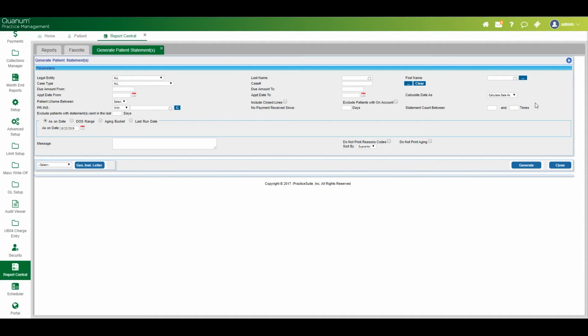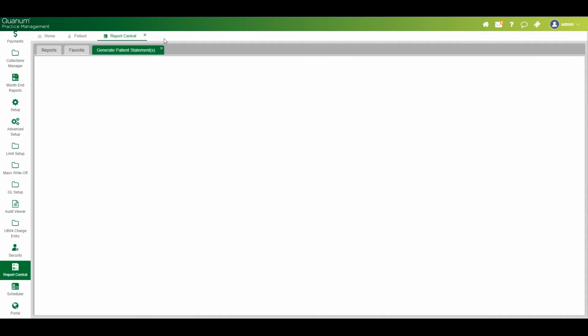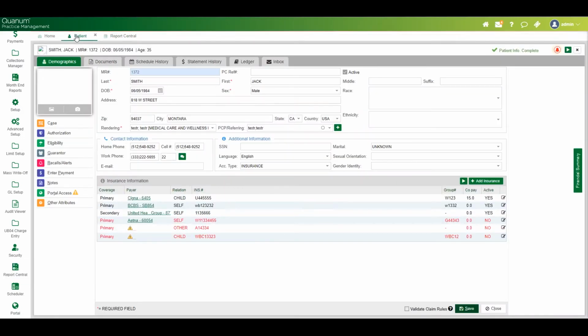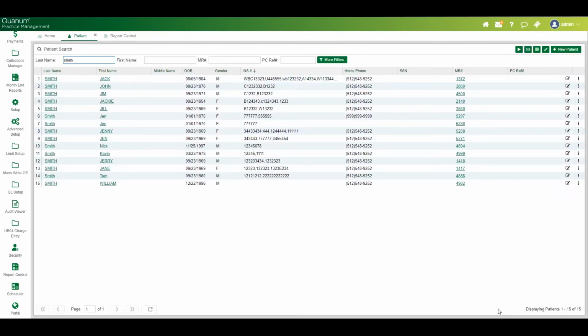The next item I'm going to show you is how you can have the statement sent to a guarantor. Now, the system would automatically create a guarantor as the patient itself if the patient's age is over 16 years old. But if you want to change that logic, or change the age, so if you want to set it not to 16 years but maybe make it 17 years,